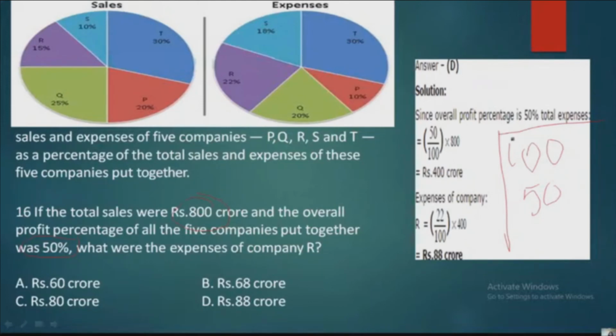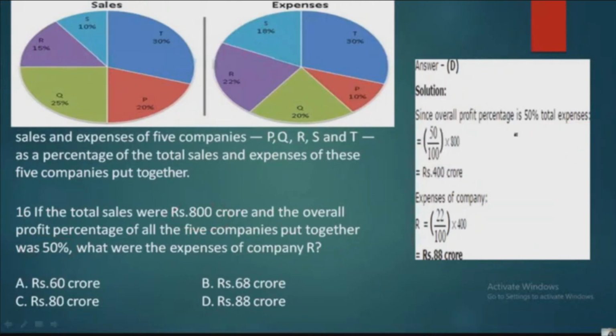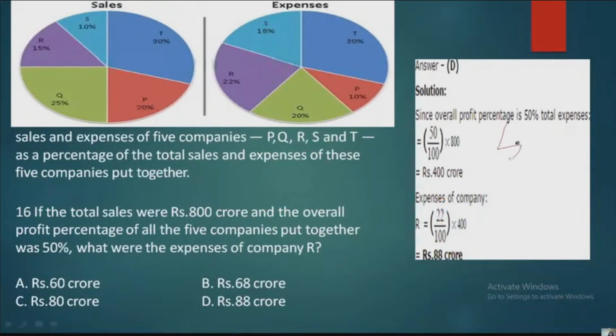Let me put it in an even simpler way. Let us say there is a firm. I invest 100 rupees, or let us say I invest 50 rupees. That means the expense which I have done,